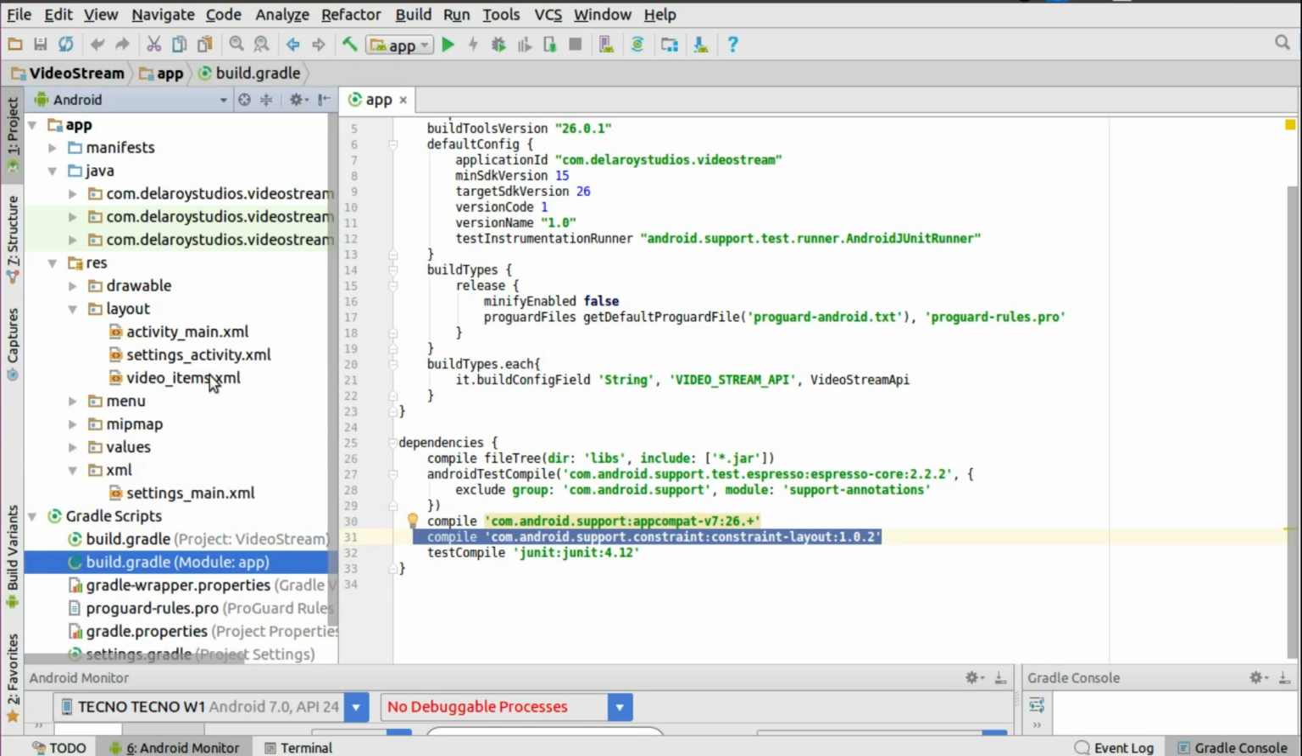Head straight to the activity main, which is the launcher, and we have the settings. As I've said, the settings will help us to get the metadata, which is going to be the search keyword for the video stream, and also the video items, which we'll be attaching to the list view right there in